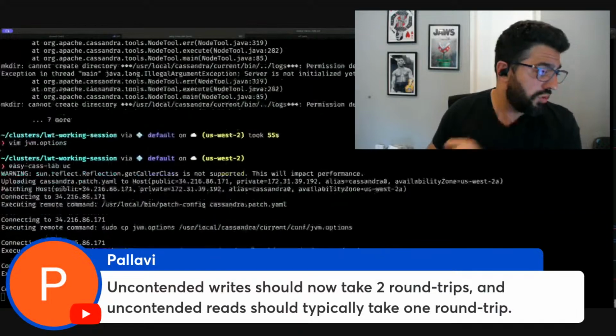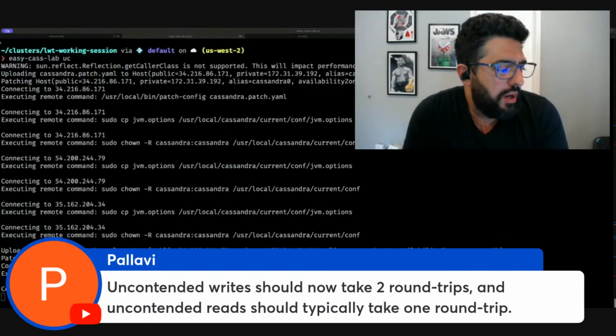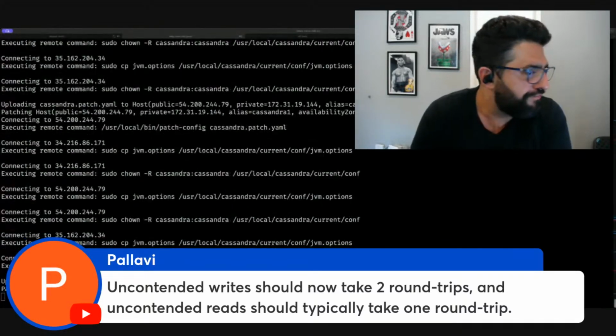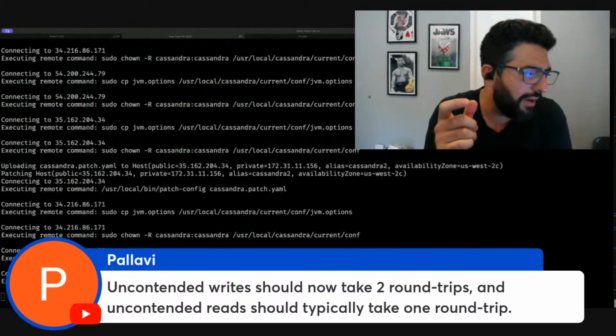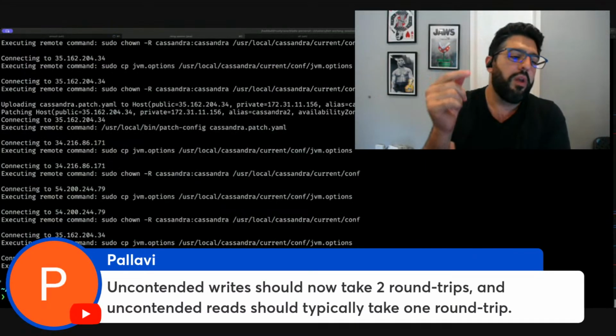Yeah. So this is really the big thing. This is where the performance improvement comes from. Basically, it's combining two of the phases together. So it used to be four, and now it's